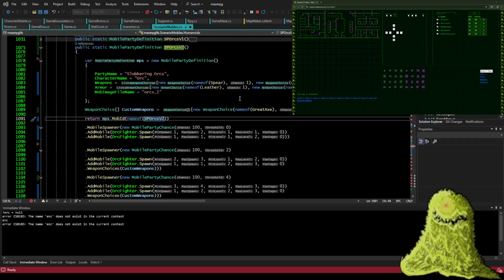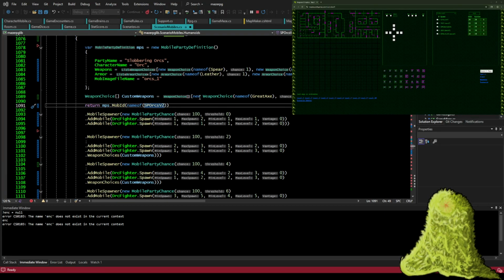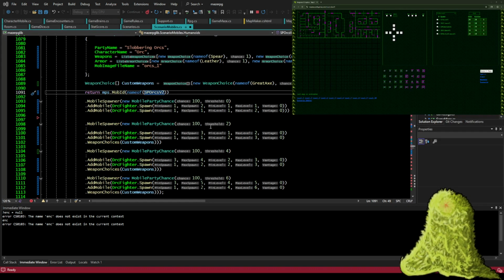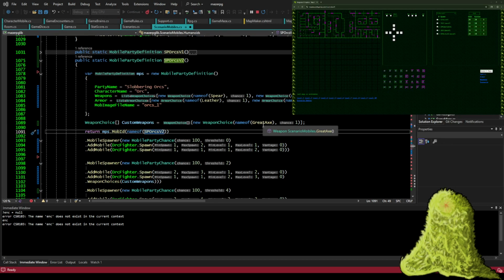This definitely sets this up so that I can make the adjustments better. And technically with the Orcs V2,